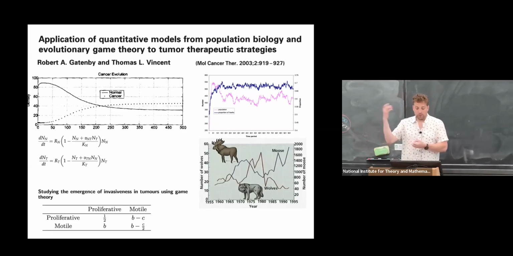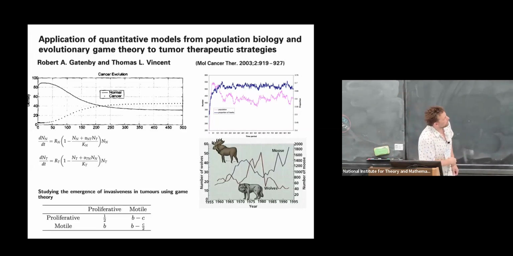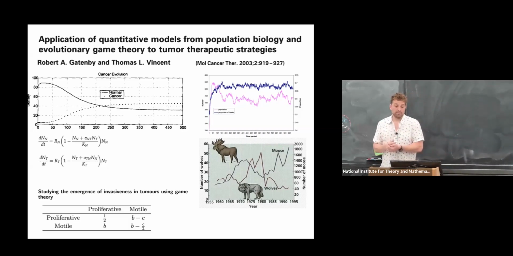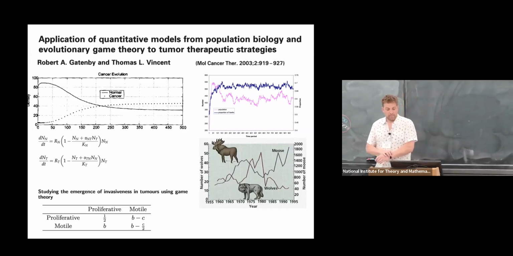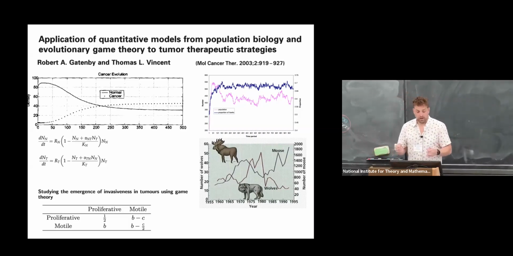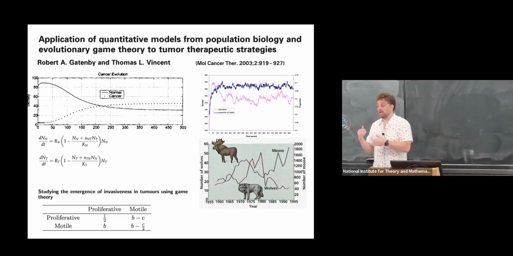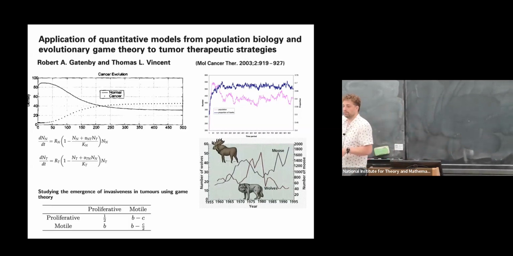So if you want to roll back the clock to whatever date that says in the upper right, 2003, this is the first paper from Bob Gatenby, who was a great friend and mentor of mine, who actually encouraged me to do my PhD during residency. And this is one of the very first applications of evolutionary game theory to oncology. And you can see a sort of a game theory model on the left, thinking about normal versus cancer. So it's more like this problem here, right?